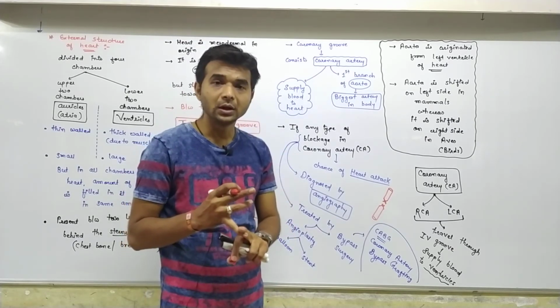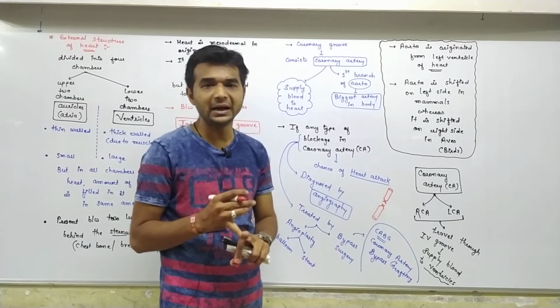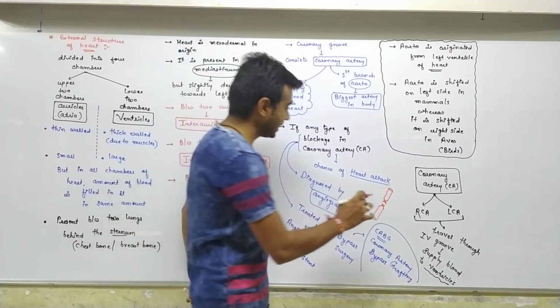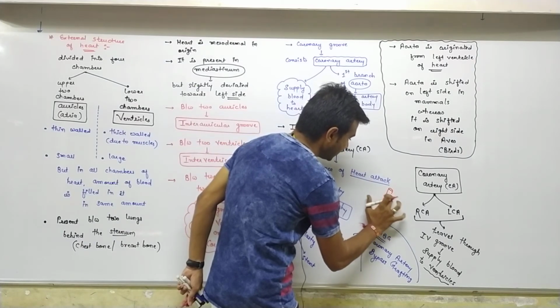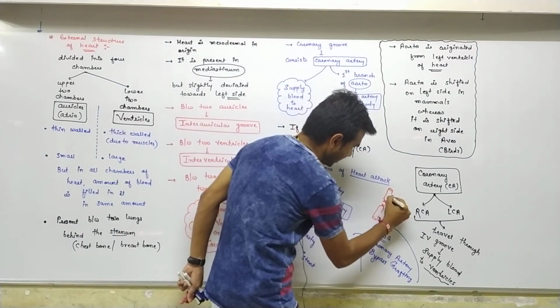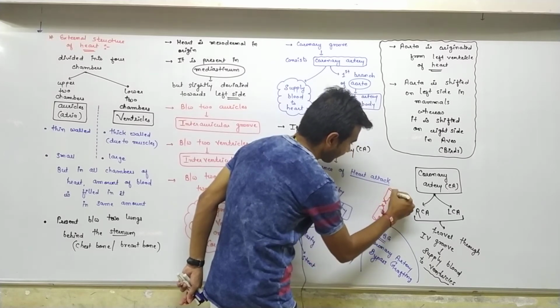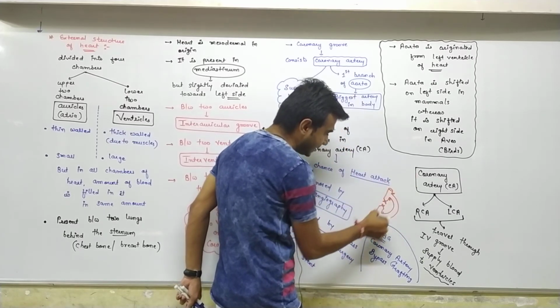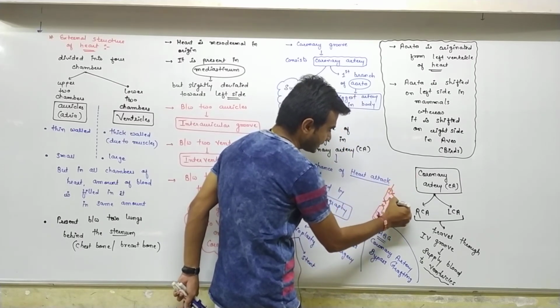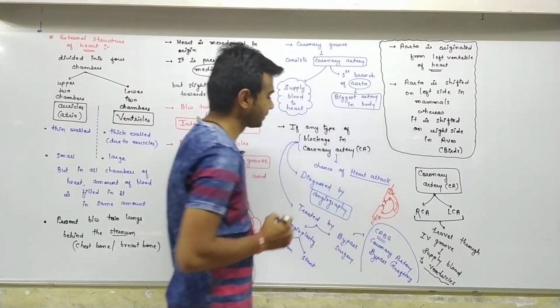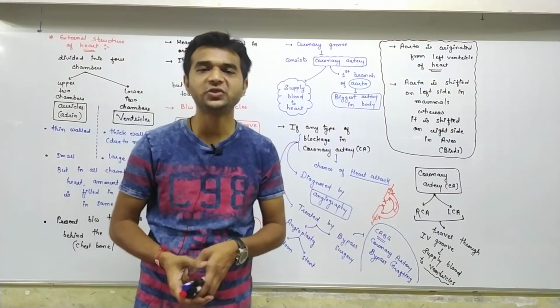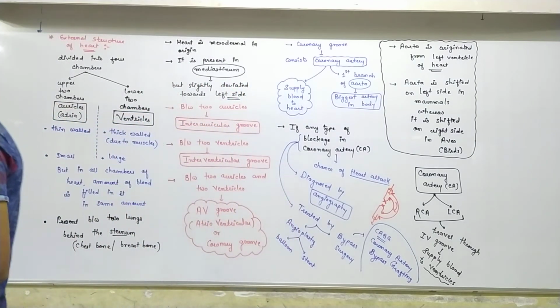So we have to maintain the tension, the arterial pressure, in the artery. Surgeons select the small fragment of the artery from the leg region, and now cut from this one side and tie that artery segment there. So instead of in this direction, now the blood is passed in this direction. This is known as CABG, coronary artery bypass grafting. So this is the importance of the external structure of the heart. I hope you understand this.